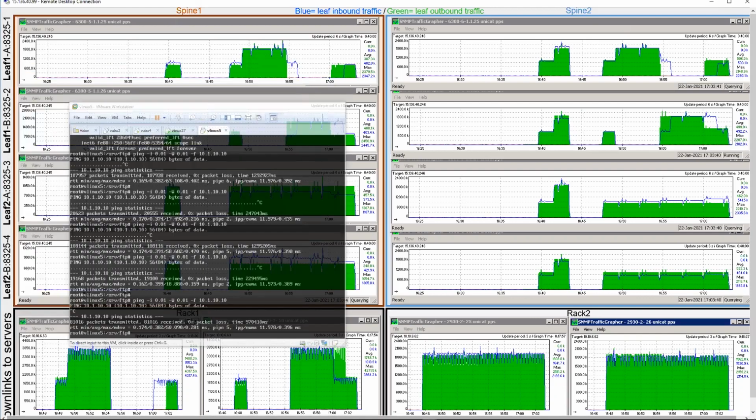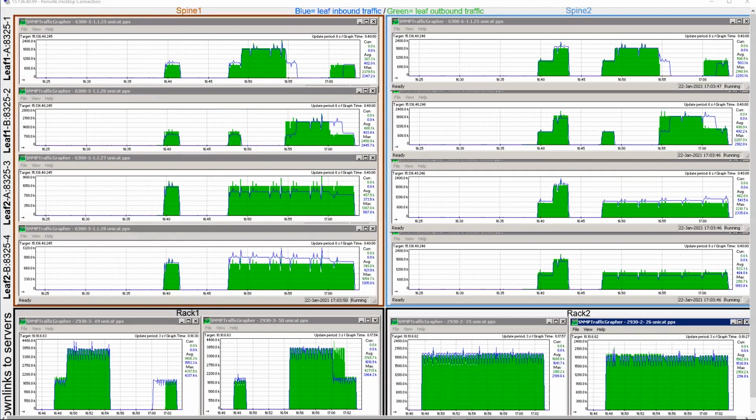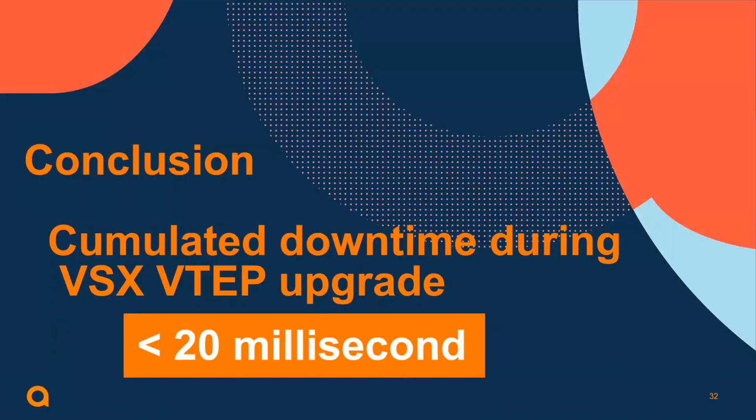So this is what we can expose, almost as a conclusion: the cumulative downtime during the VSX VTAP upgrade is less than 20 milliseconds. This is extremely good performance for very high HA requirements for the network.